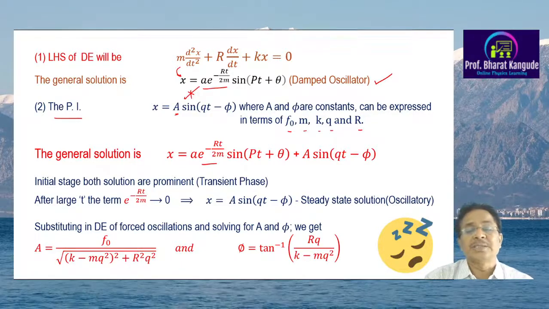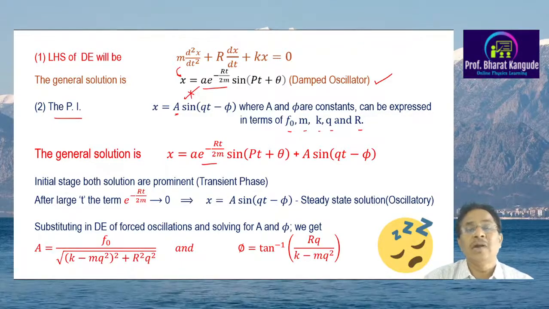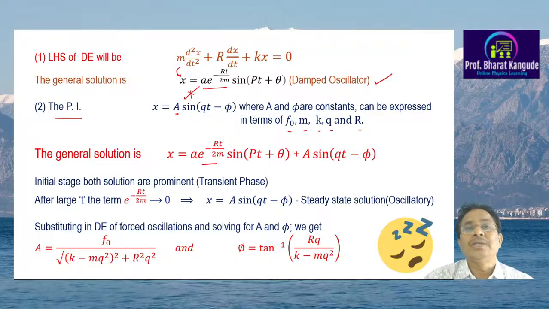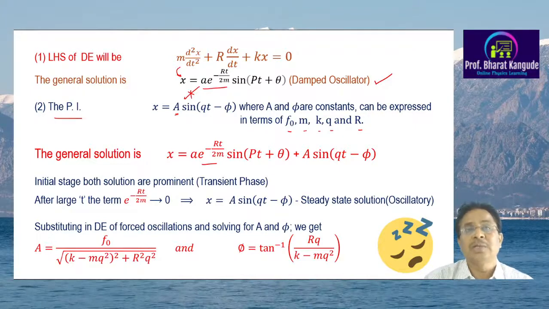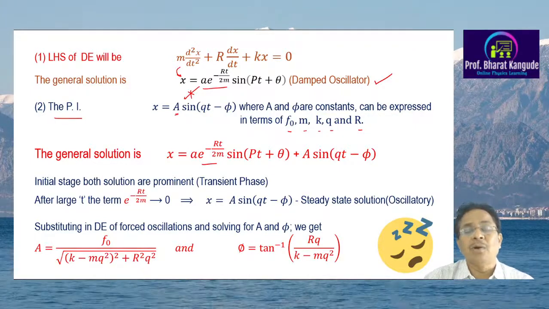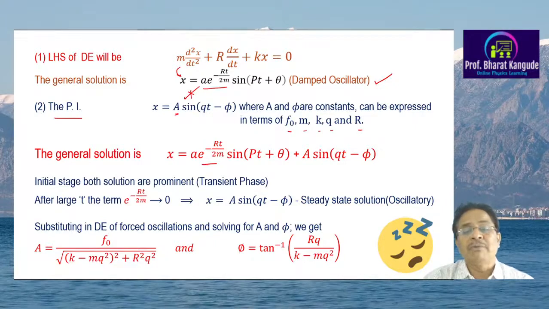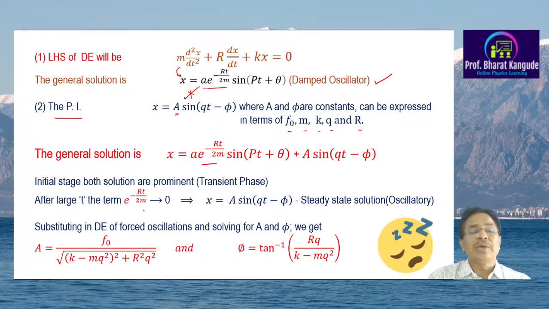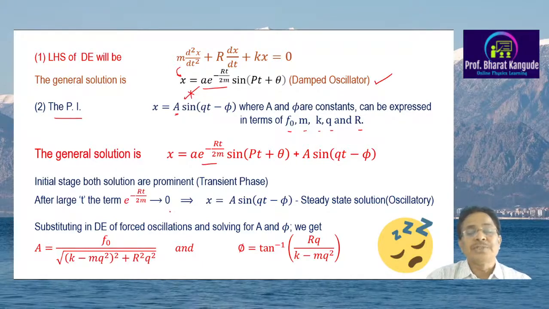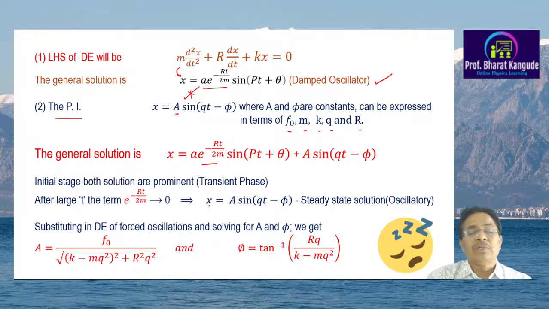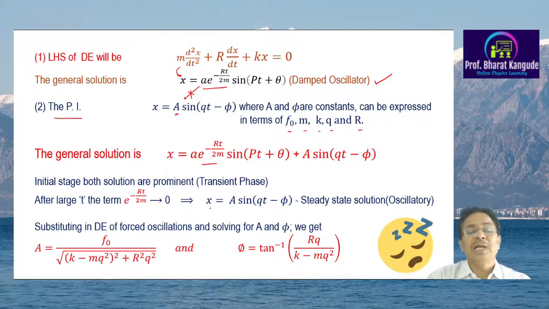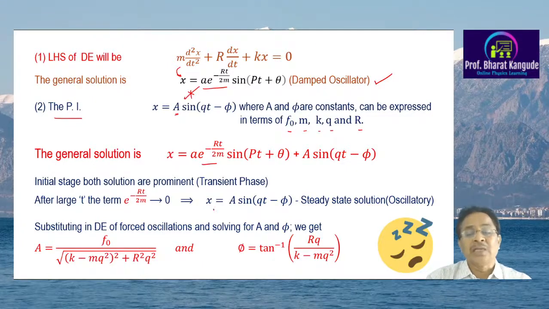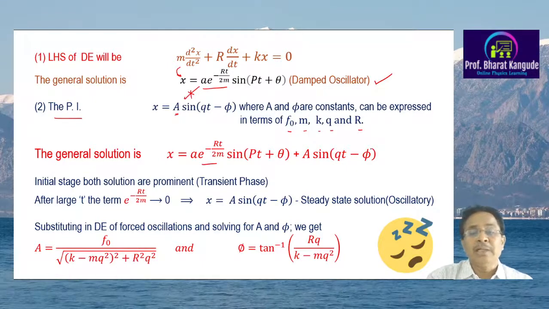Now in this case, the oscillations of the oscillator are not that easy to understand, or easy to plot the path of that oscillator. It is some complicated motion, but after t increases, this factor e raised to minus rt upon twice m approaches 0, and therefore the solution of that differential equation becomes the practical solution. This is the mathematical solution.